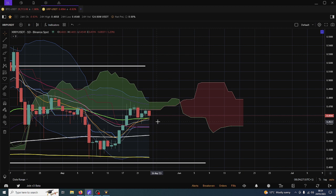But even if you disregard the 21 exponential, you've got the 20 simple down here, which is the Bollinger Band Center, which again has the same implications, 65% more likely to remain above it while in that portion of it. So it actually looks okay for a bounce, and the bounce at its first major target would be up there